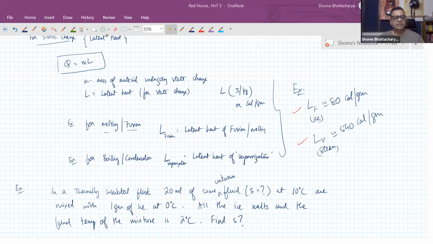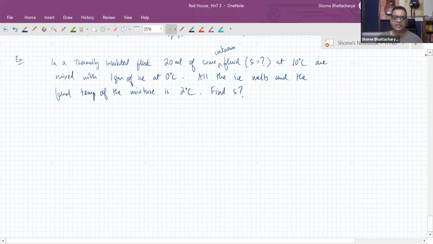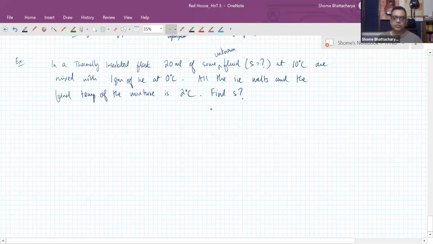Yeah, so what is happening in a typical situation like this? You're mixing two materials which are at different temperatures. So there's going to be heat exchange such that they will achieve a final, what we call thermal equilibrium, where the whole mixture is at a common temperature. So to achieve that equilibrium, the heat